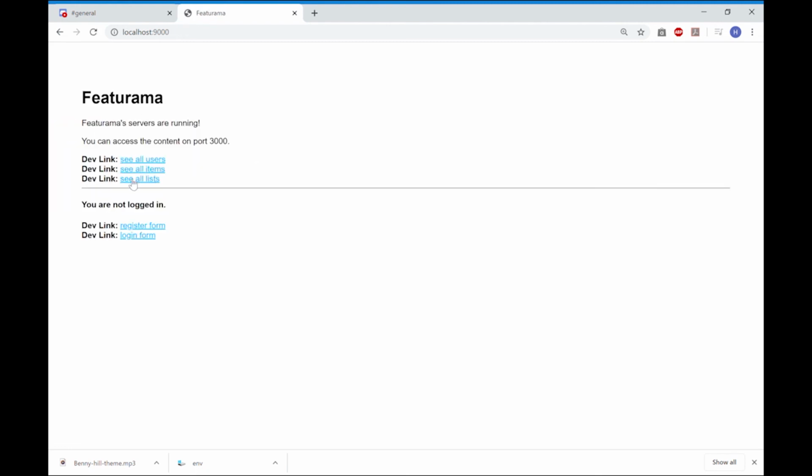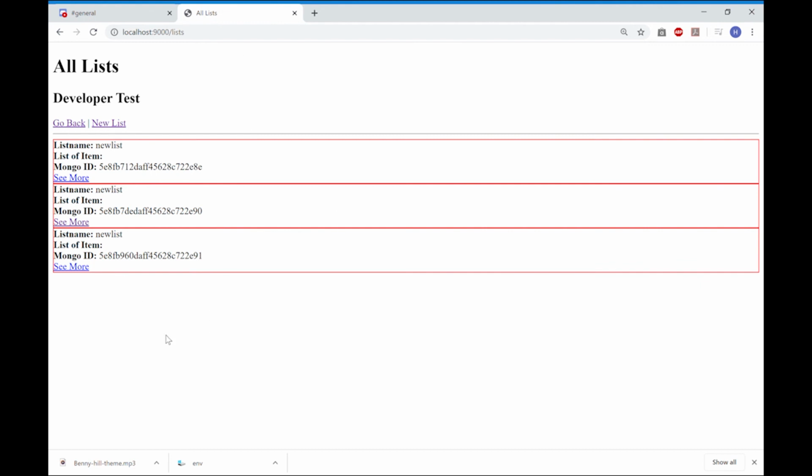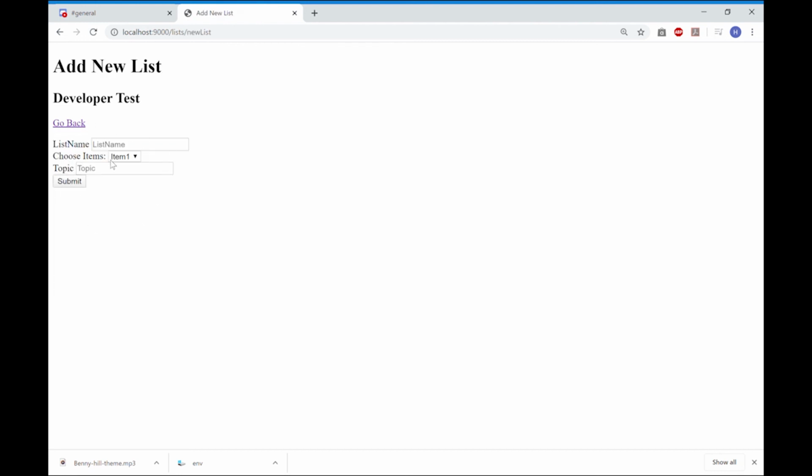You can see we can see all the lists, and these are the lists we have in the database right now. And you can create a new list similar to an item. Let's say you want to create a new list 1, and the topic is going to be favorite movies, and these are the items you can select to add to the list. Let's say you want to add item 1,